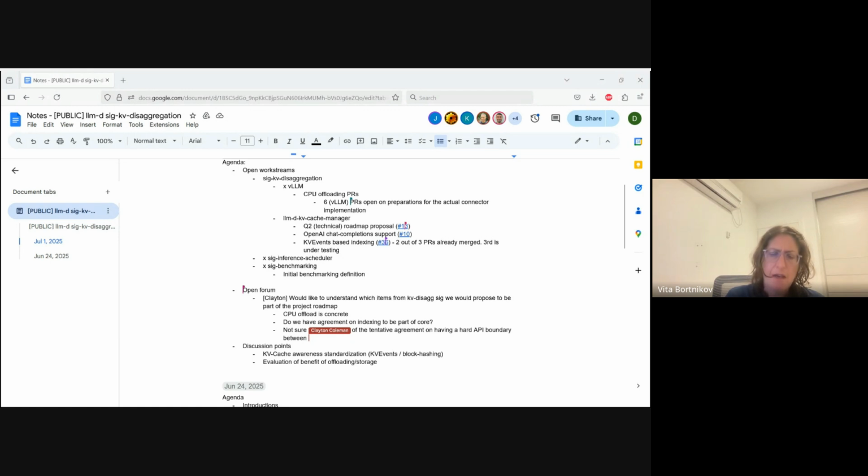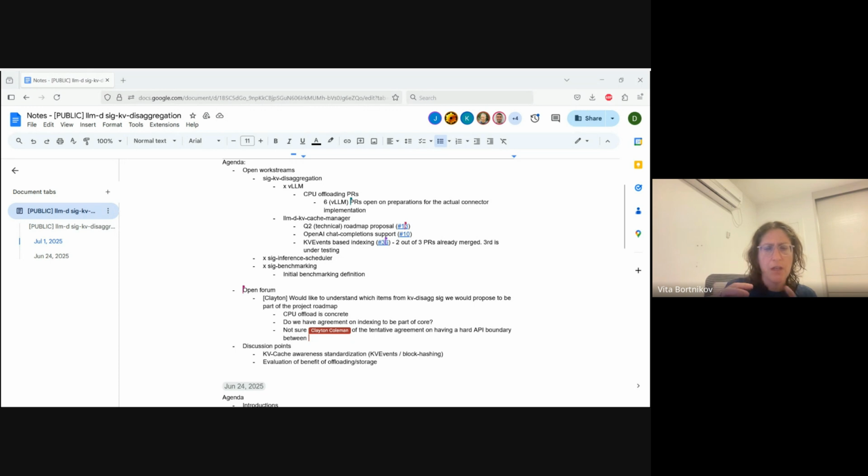Yeah, I think it is, and I know we need to write it down, and there were other things, so we need to put it in the priority order and write it down. I think the third one, maybe fourth one, that is lower priority, is east-west sharing, which is not through storage, just sharing between different vLLM instances. I think this is something we also want to explore. It's on our list, but I think the first three are CPU offloading, KV cache indexing, and KV-aware routing,